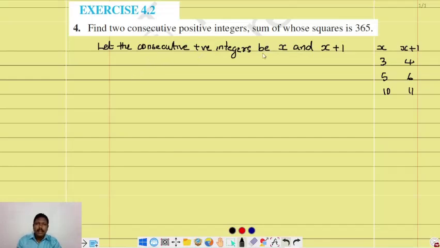Now, the sum of whose squares: what are the squares of these numbers x and x plus 1? So x squared and (x plus 1) whole squared. These are the squares, and whose sum is 365. Now open this bracket using (a plus b) whole squared: x squared plus 2ab, meaning 2 into x into 1, which is 2x, plus b squared, which is 1 squared, so it will be 1,